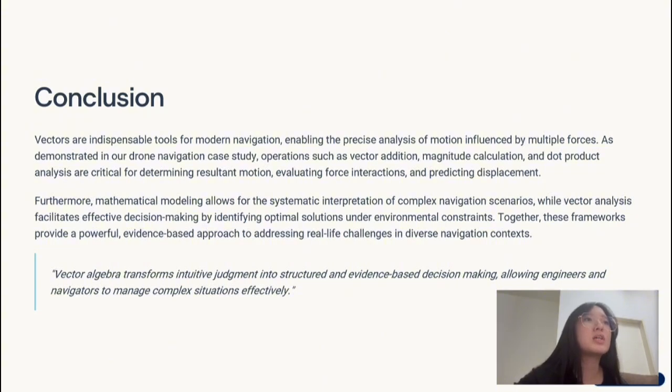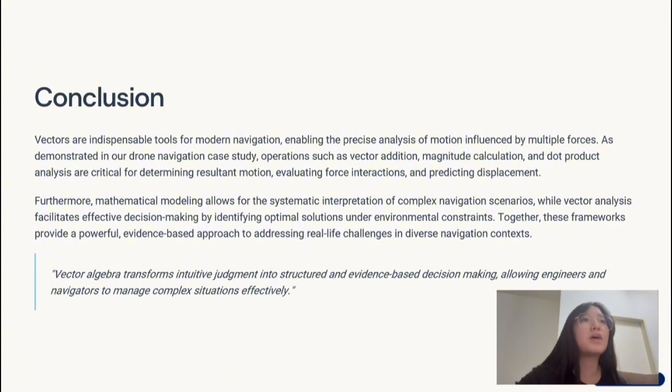Operations such as vector addition, magnitude calculation, and dot product analysis are critical for determining resultant motion, evaluating force interactions, and predicting displacement. Furthermore, mathematical modeling allows for the systematic interpretation of complex navigation scenarios, while vector analysis facilitates effective